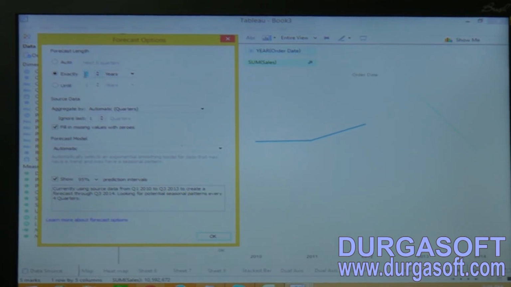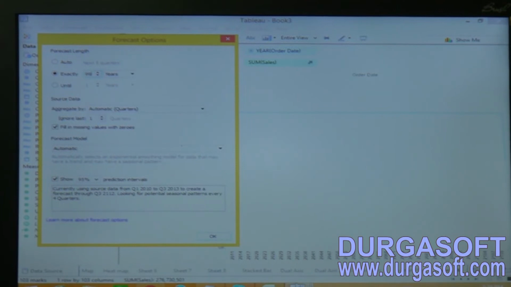Now it is giving exactly 1 year. Now see this, if I give 10, it applies from 2014 to 2023 data, because we are giving the values here. Like that we can apply forecasting till 99 years. We can't apply more than 99 years in forecasting options.